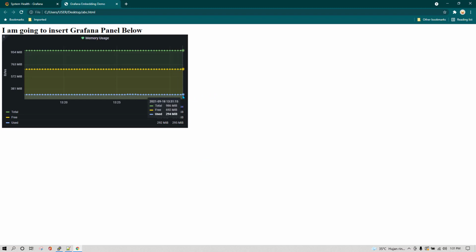Now you can see a new data point has been added, which is 13:31:15. And as we speak, more and more data is going to keep being added here, which you will be able to see. Okay, you can see a new data point for 13:31:30. So that's it. That's all in this lesson. If you have any more questions, please feel free to ask. I'll be more than happy to answer.